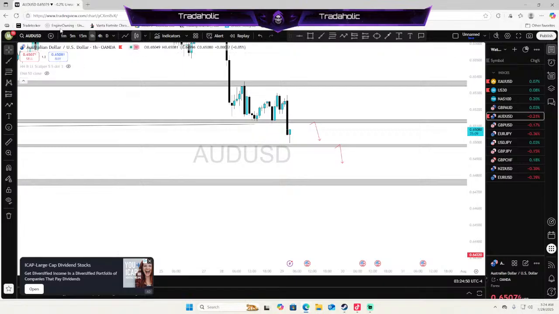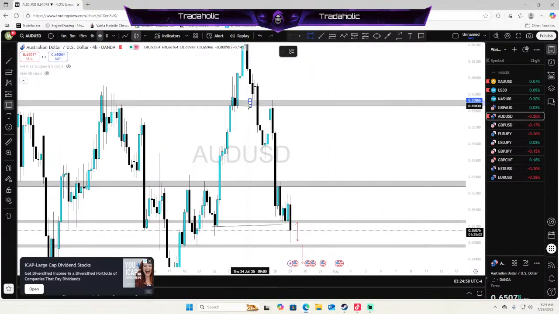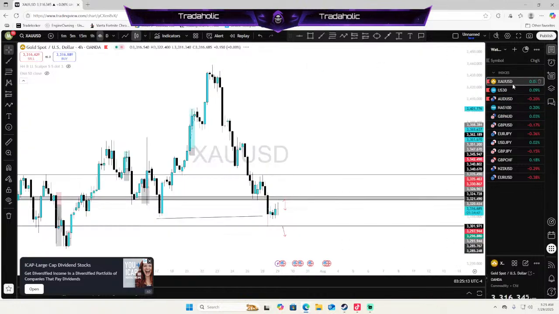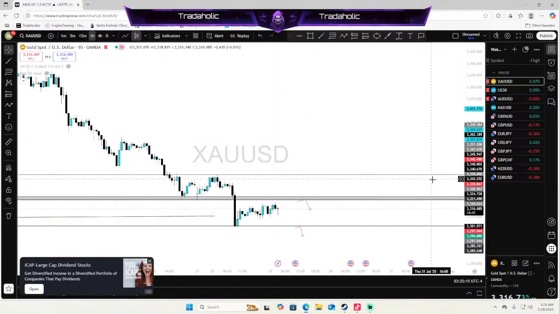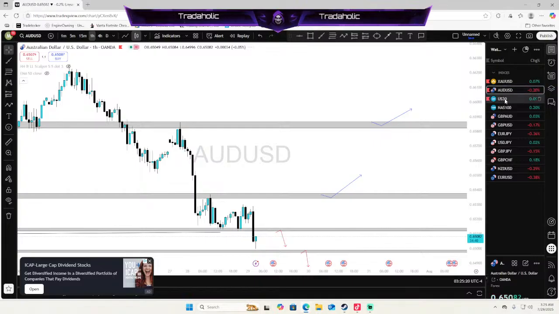Let's go back to the 4 hour time frame real quick. As far as buys, I wouldn't buy on a 4 hour until we come back all the way up here. Or even right here. I'll take this. So gold is my number 1 pair so far. I like AUD better than I like the US30, so we're gonna do AUD. How about US30?